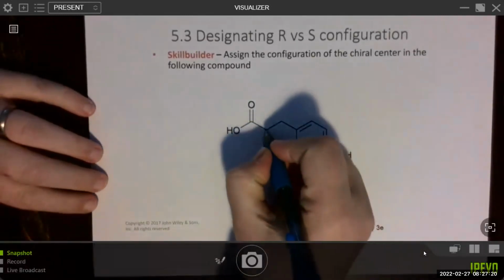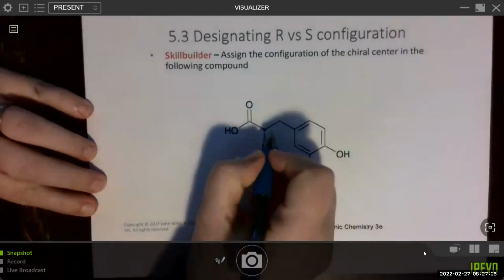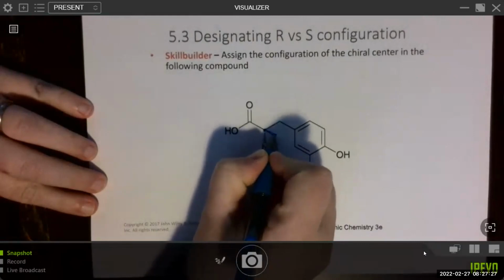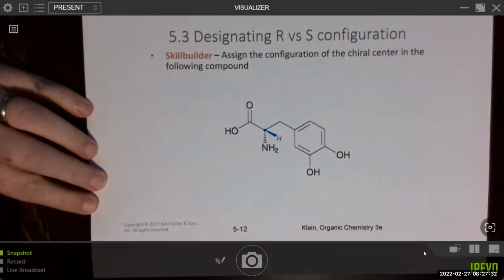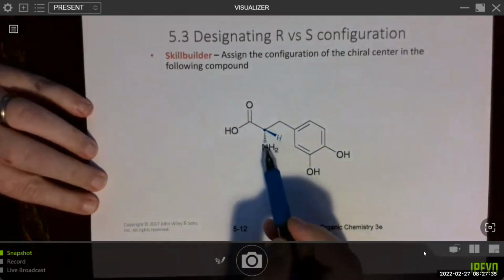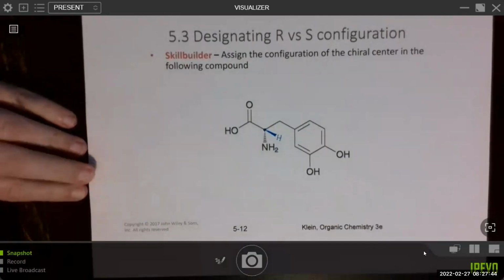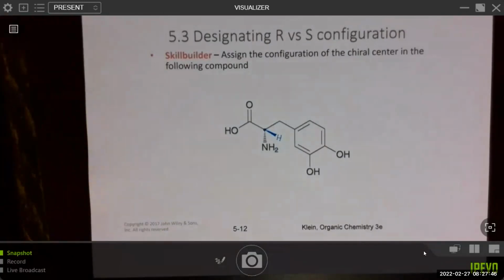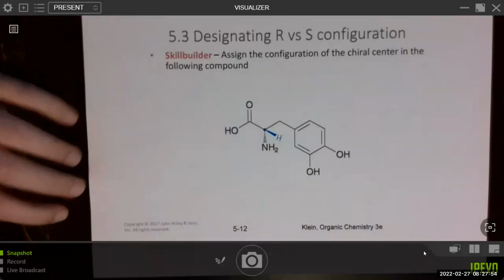Okay, so we're looking at this carbon as the chirality center. Sometimes it's helpful to go ahead and draw in the hydrogen attached to that carbon if it has not already been drawn in for you. Because this amine group is pointed back, I know that the hydrogen that's not drawn in is pointed out at me on a wedge. So the first step says to use atomic numbers to figure out the priority groups 1, 2, 3, and 4, which is based on atomic number.